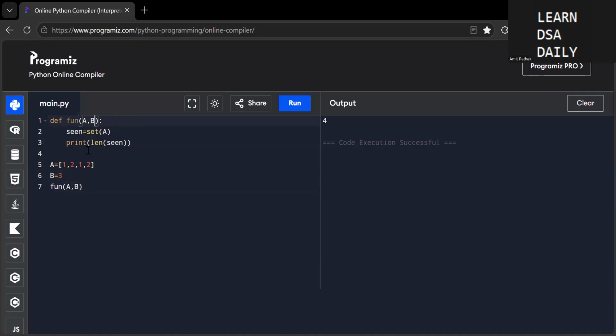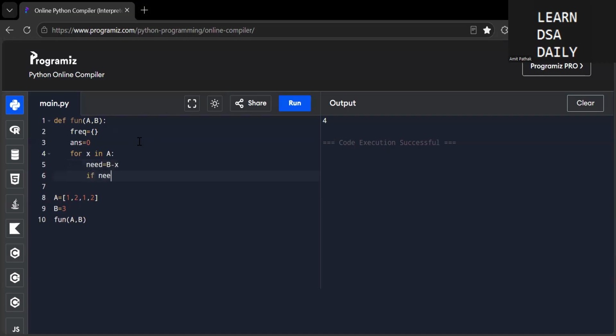So how will we approach this? We will create a dictionary of frequency and a variable answer which we will initialize to 0, right? Then we will iterate through each element of A. And again, for one value, we need to find what is the other value that we need. So we will do P minus X and see if need is already in the frequency. If yes,